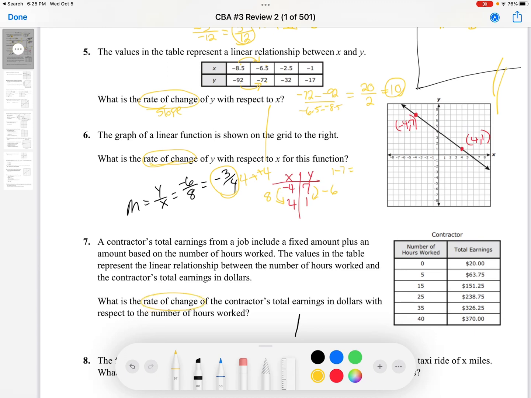All right. So note that whenever we have a word problem and we see something other than x or y, the left is x, the right is y. And what we're going to do, like we've been doing, is find our change in y and divide it by our change in x. So m equals,